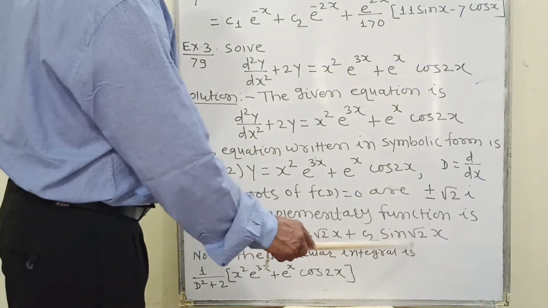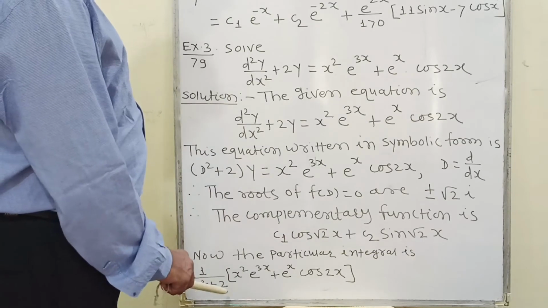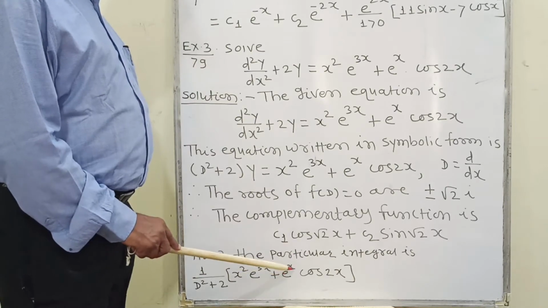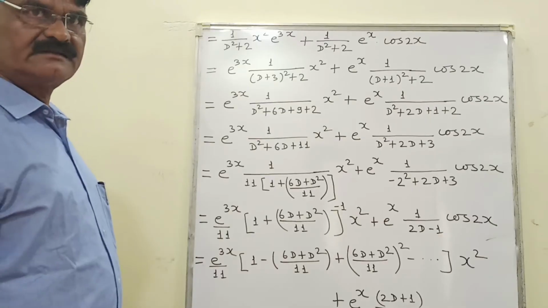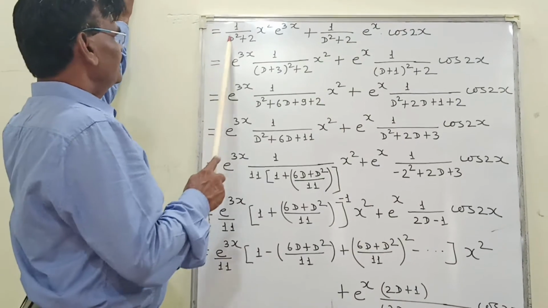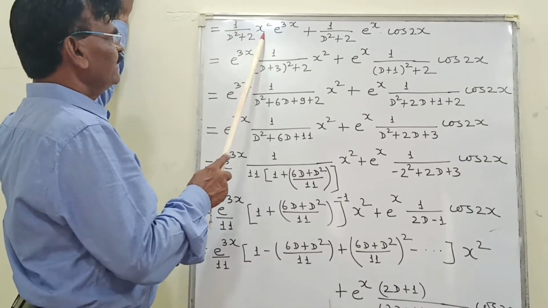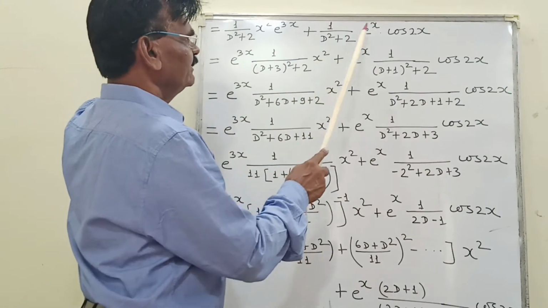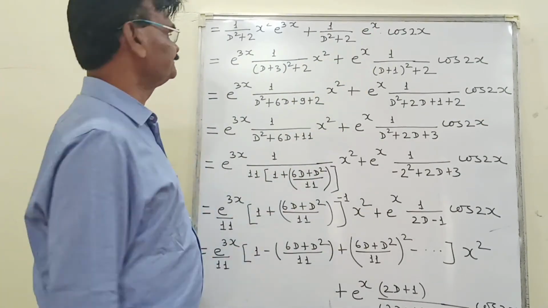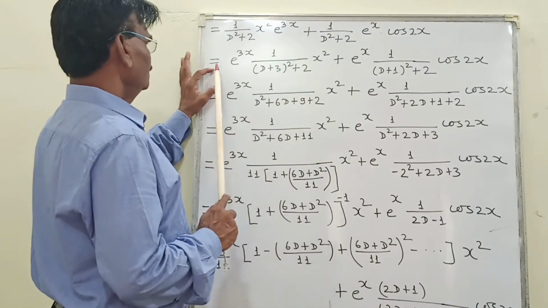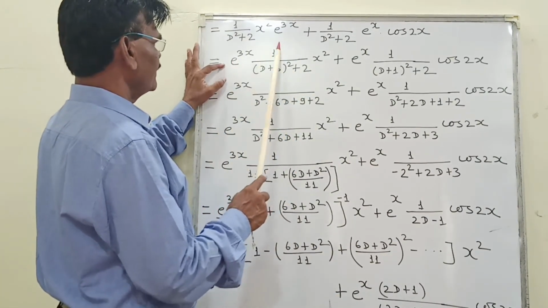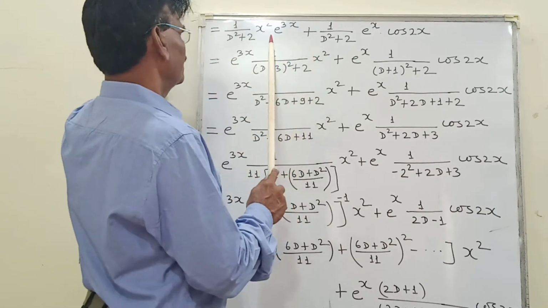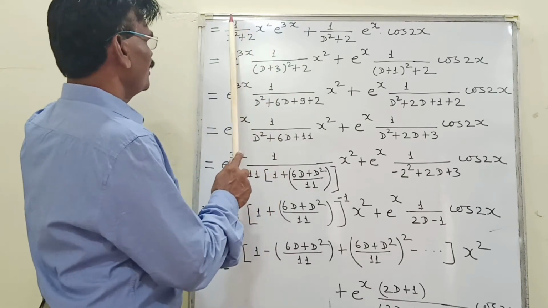Now the particular integral is 1 upon (D square plus 2) into (x square e to the power 3x plus e to the power x cos 2x), which is equal to 1 upon D square plus 2 into x square e to the power 3x plus 1 upon D square plus 2 e to the power x into cos 2x, which is equal to e to the power 3x 1 upon (D plus 3) whole square plus 2 x square, because here we use the formula 1 upon f of D